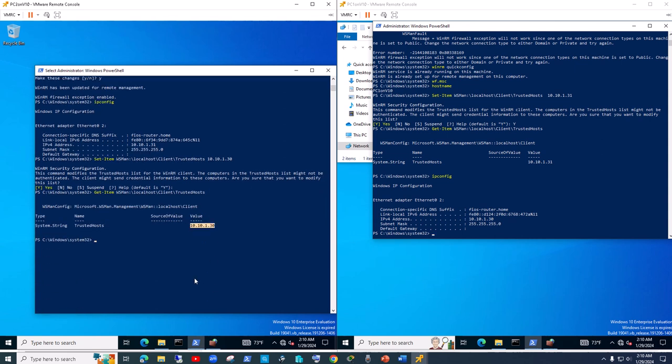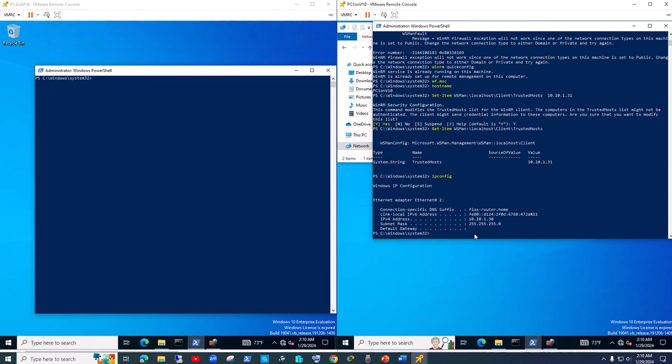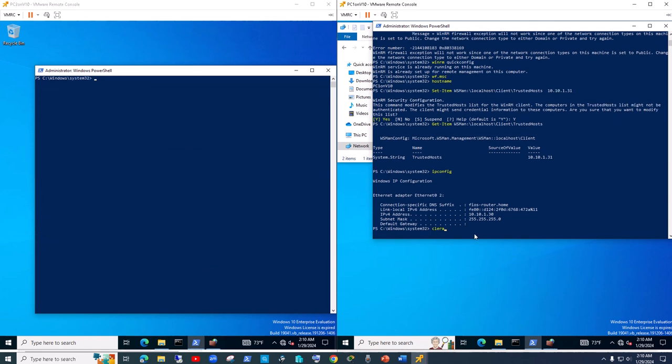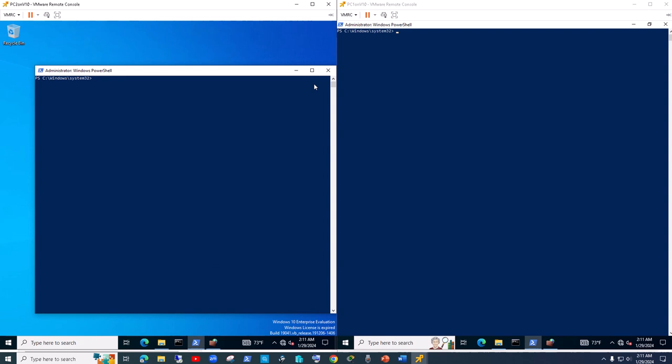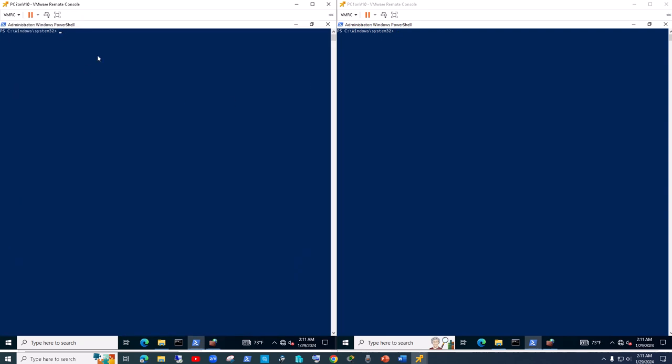So this is the cool stuff now. So we're just gonna clear everything. Oops, sorry, wrong command. Clear everything. Maximize it. Okay, so this is the cool part here. We are gonna be managing PC1 from PC2 using PowerShell remoting, and it's going to be vice versa. So the command is PowerShell,